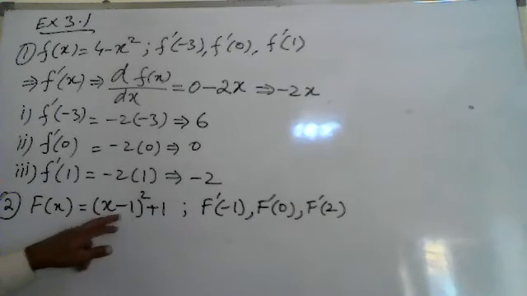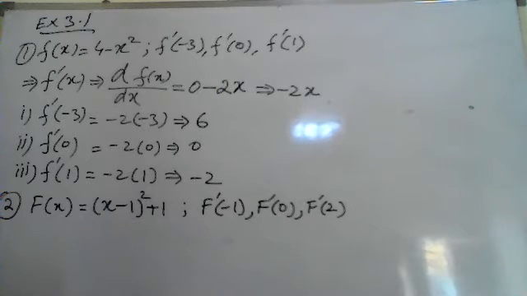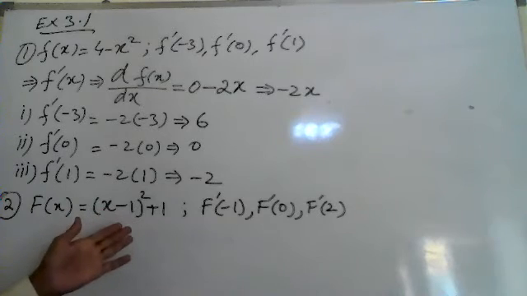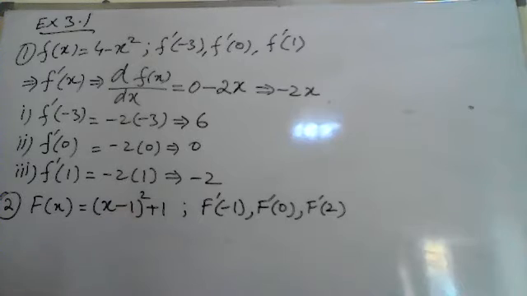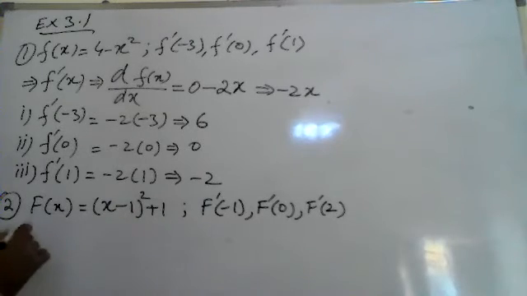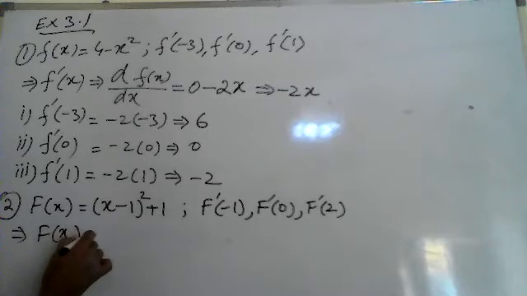So first of all, we'll open it. (x minus 1) whole square can be opened easily. So therefore, no need to use the formula of the chain rule. No need to use chain rule, just open it. We are not finding the differentiation, we are writing as it is, we are simplifying this one.